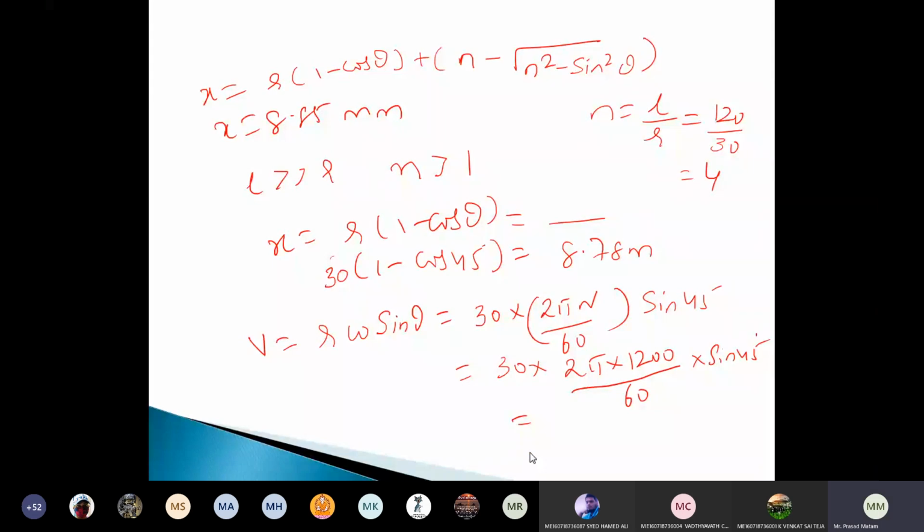What is the answer you are getting? So 30 I put in millimeters. Give me the answer in terms of meter per second. Anyone can answer. Roll number 10. Please respond. Roll number 20. Roll number 30, 32. Please respond. Venkatesh. Mahesh. 2.66. Right. That is nothing but 2.66 meters per second.